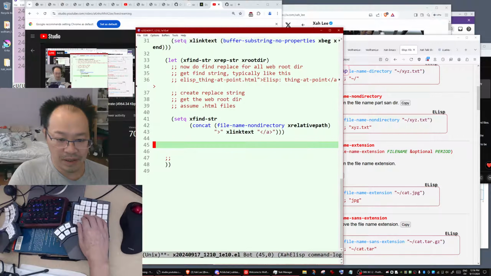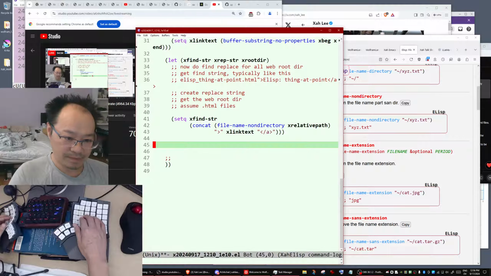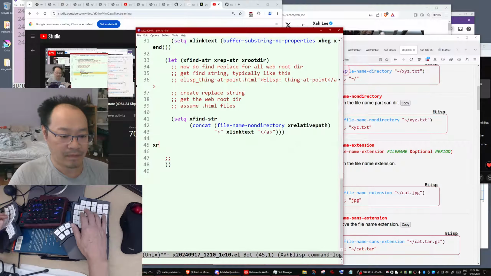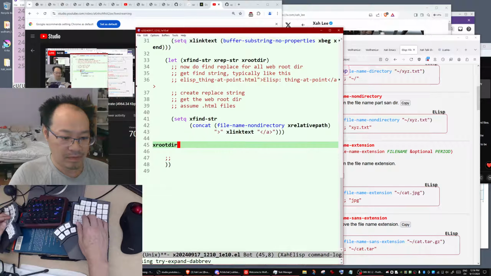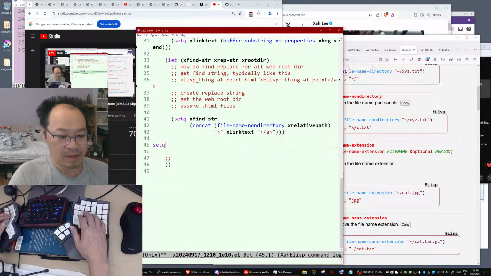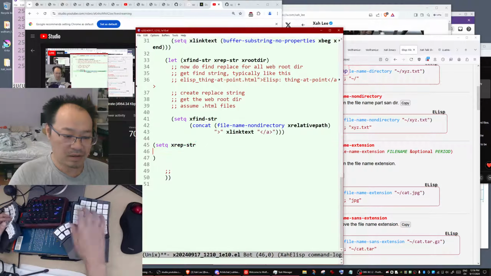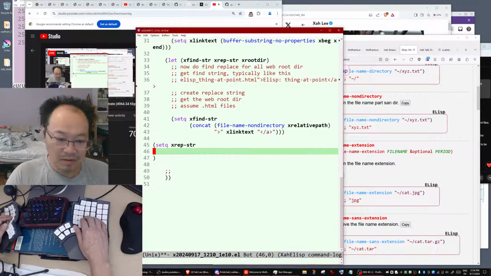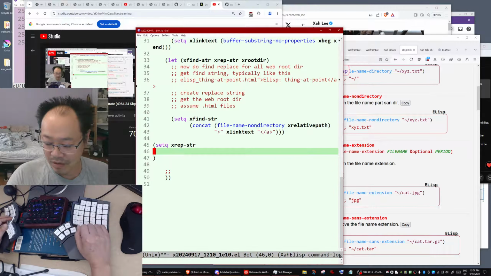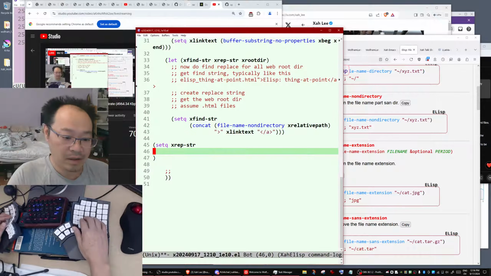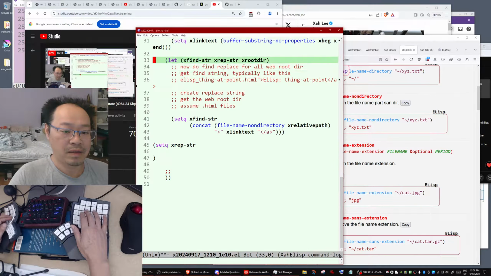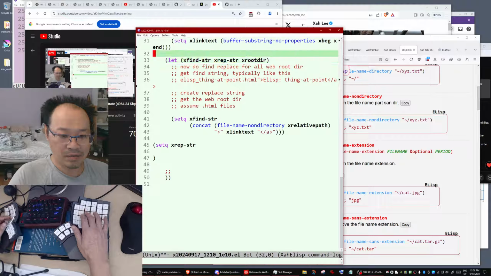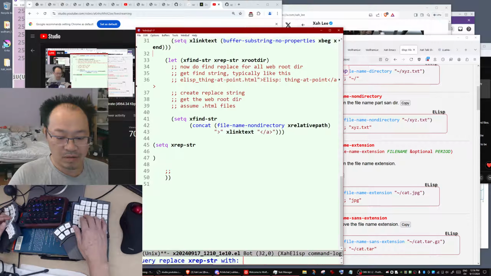What is the replace string? Set replace string: you need to ask the user. So how do you prompt the user for the replace string? Let's say new title, so the replace string changes to new title.